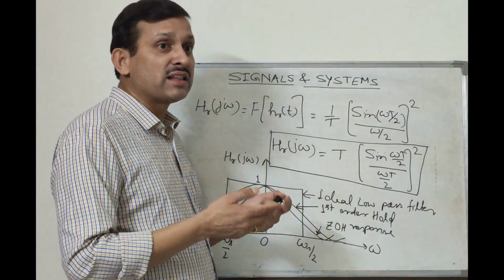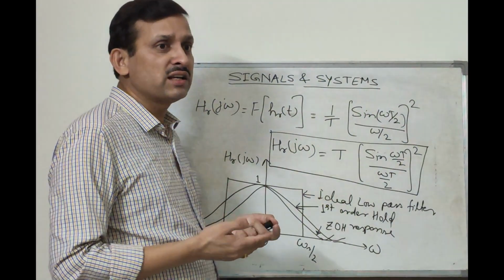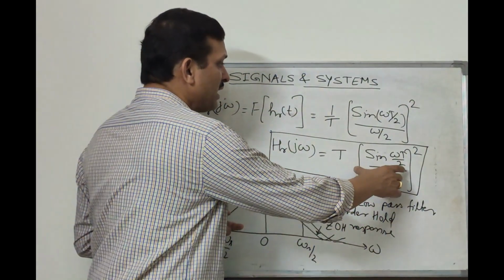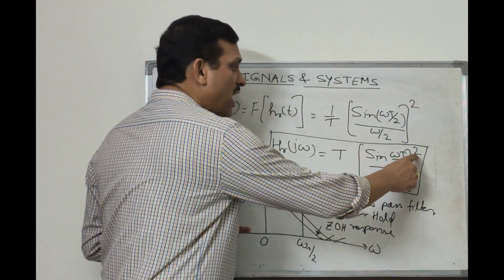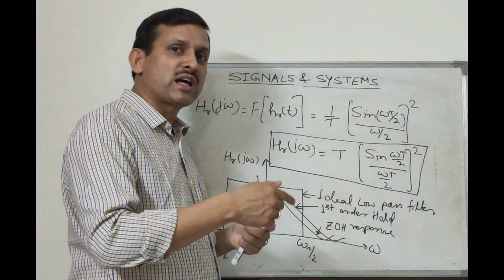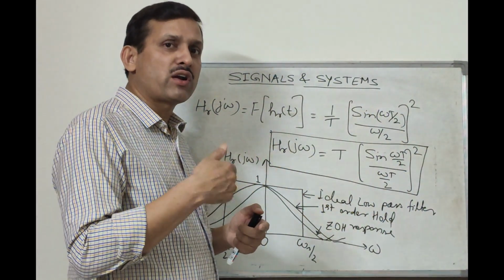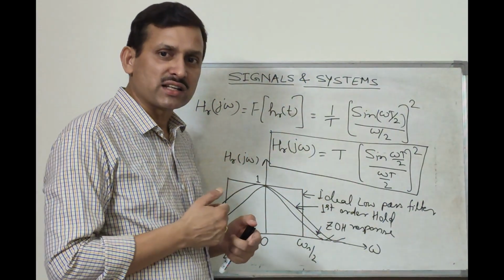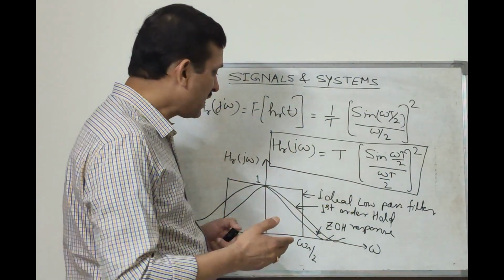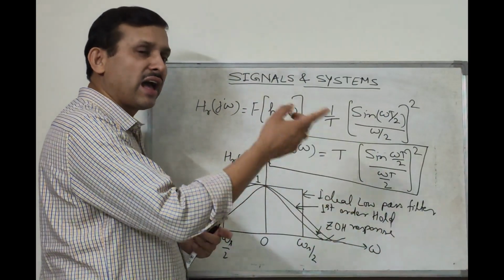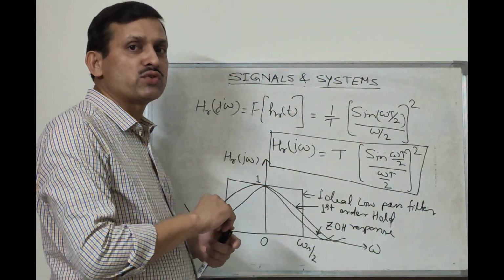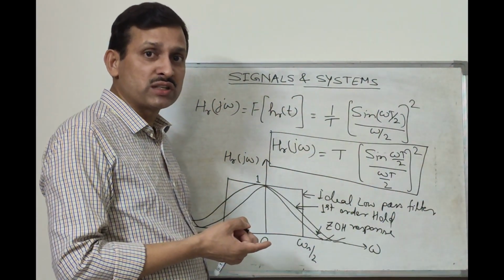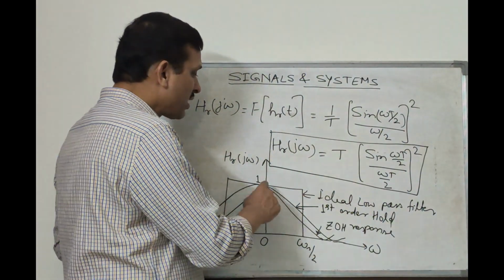If you still want better, then you can go for a higher order hold: zero order hold, first order hold, then higher order hold. As the order increases, the sinc term is raised to higher powers, and that's why it gives smoother and smoother output. The higher the order of hold system you use, the better the approximation as compared to x(t), and you can get the reconstructed signal very close to x(t). But when you use a higher order hold system, there will be more complexity.